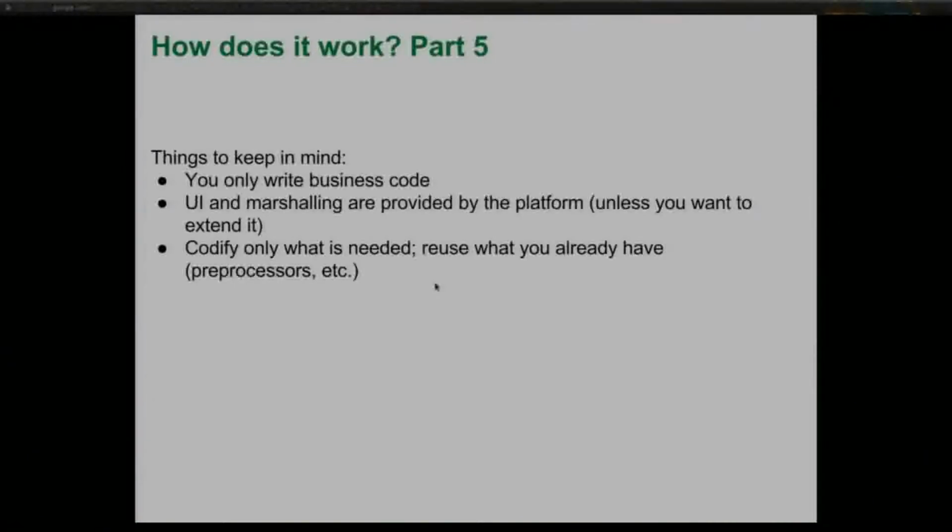I'll give you some examples in a minute, but basically that's like if you need a parameter, if the user should specify a final time step, then that's a parameter that they need to fill out. We provide all the marshaling, unless you want to do something special, and there are hooks all over the platform for you to do that. And we really only want to codify what's needed. If someone has a preprocessor, we will use the preprocessor. And we do that with several codes where we just connect into an existing preprocessor. If that requires a system call, that's no problem. If it's Java code, we can integrate it in.